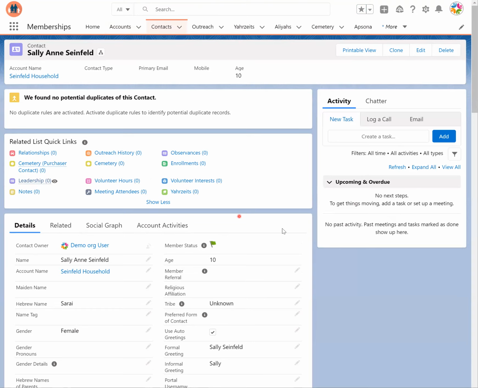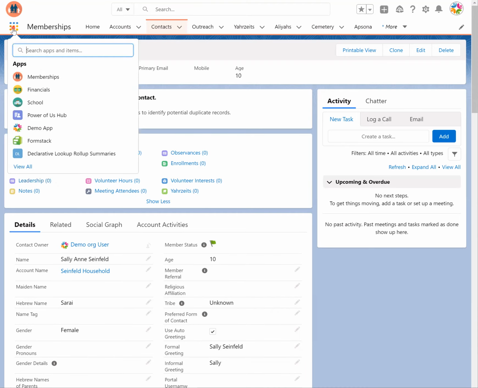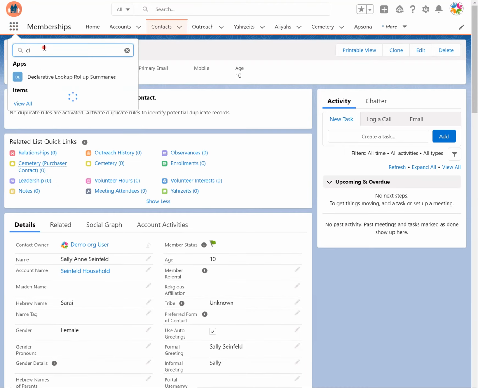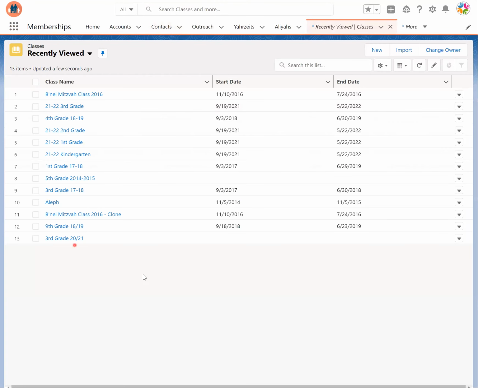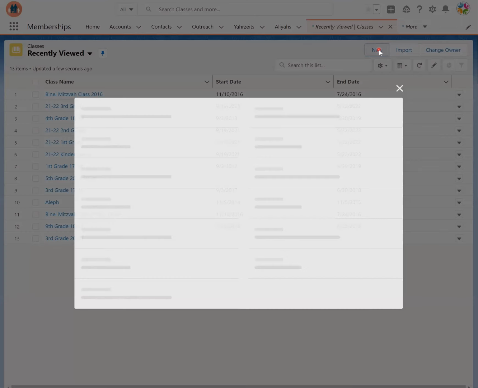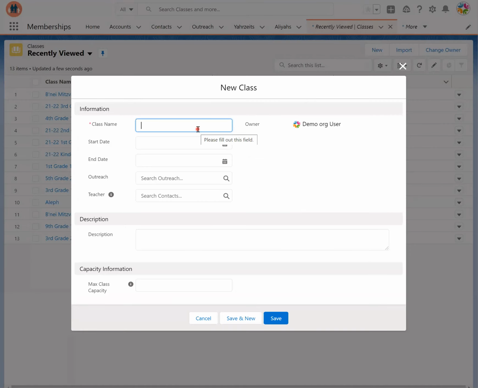Now, once you've done this, then you might want to move on to creating a B'nai Mitzvah class. So to do that, we would go up here to the waffle and put in the word classes. And you can see it comes up here, and we can click on that. Now you can create a new class. And let's say we are going to call this B'nai Mitzvah